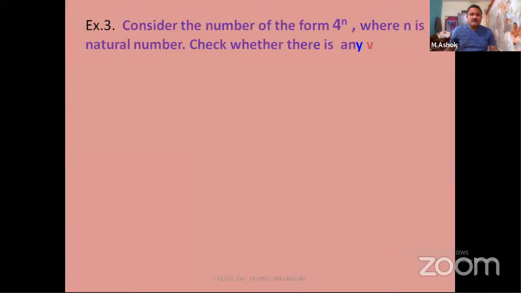Before going to start the class, I asked one question in the last class. While discussing prime numbers and composite numbers, 2, 4, 6, 8 and so on are even numbers. 2, 3, 5, 7, 11 and so on are prime numbers. 4, 6, 8, 9 and so on are composite numbers. I asked what about 1? Is it prime or composite? Yes, it is neither prime nor composite. Why? Because